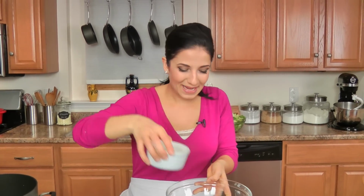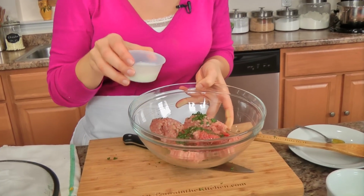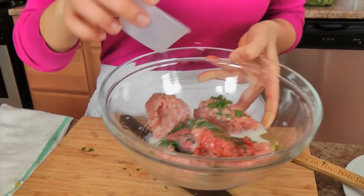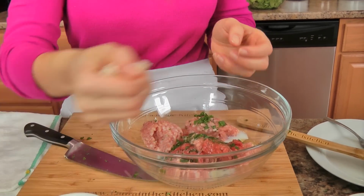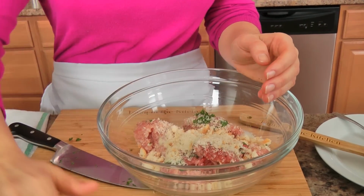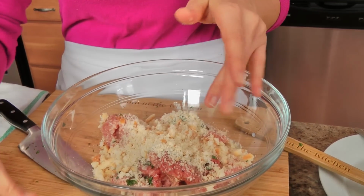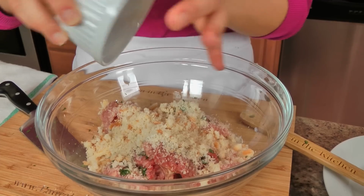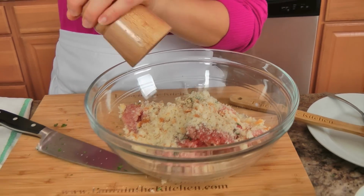To the meatballs, I'm going to add an egg. I'm also going to add just a small splash of milk. And the reason why I add milk is because my nonna does as well. It keeps the meatballs incredibly tender and moist. And then I have some fresh breadcrumbs here that I made from a couple of slices of stale Italian bread pulsed finely in my food processor. Salt and pepper, and then lots